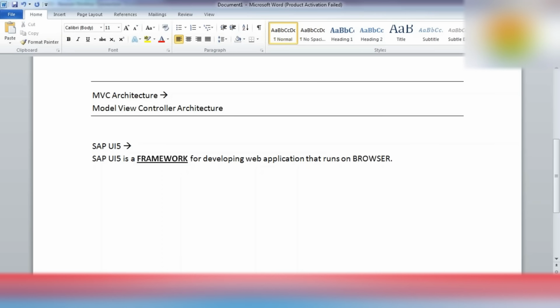As of now, just keep in mind, SAP UI5 is a framework. Framework means generally we will have some inbuilt things, and we are going to use those inbuilt things to develop our custom applications.